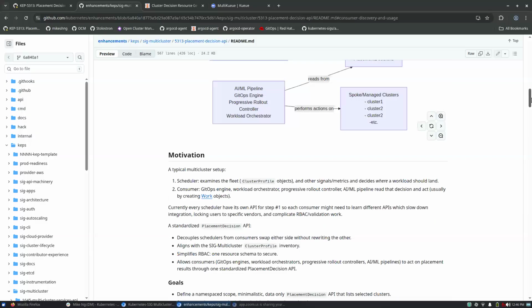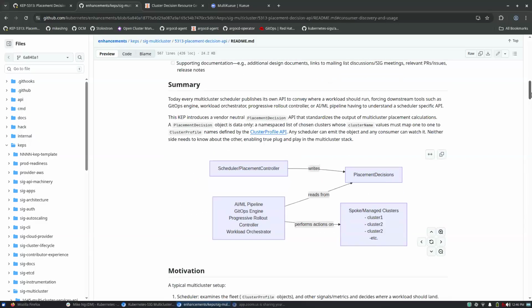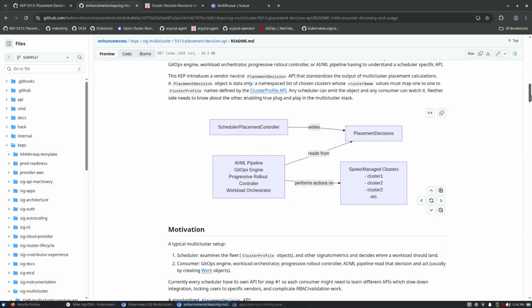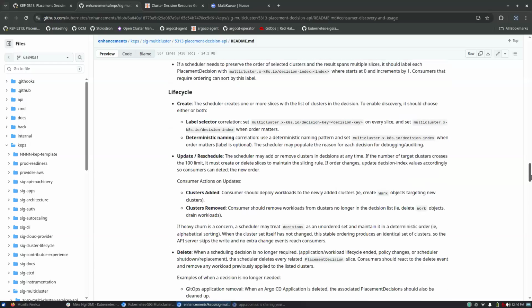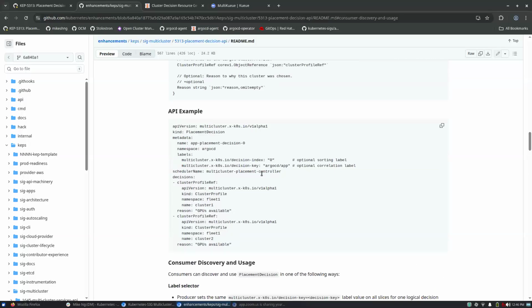And I am trying to understand if this decision key is the thing that right now helps refer to what got piped in to the scheduler. That's the catch on the other side, for the actual thing doing the placement, to link what the scheduler decided with the thing that it decided on.